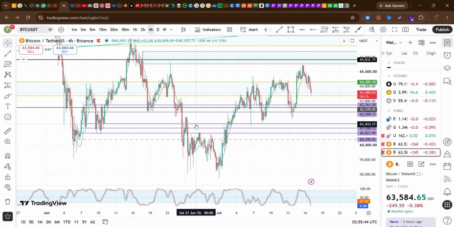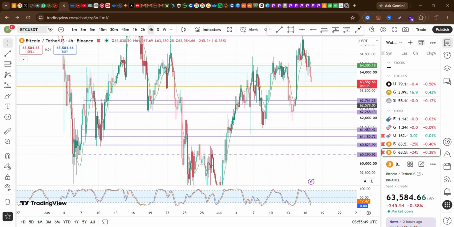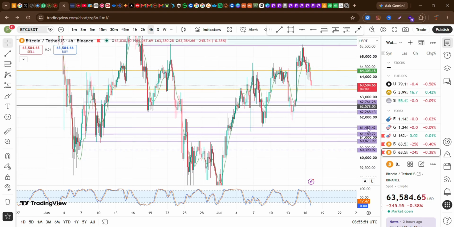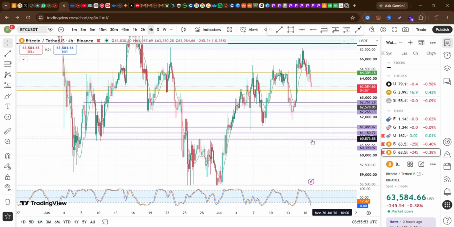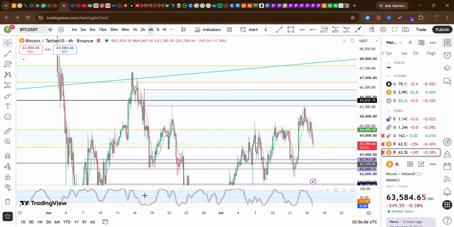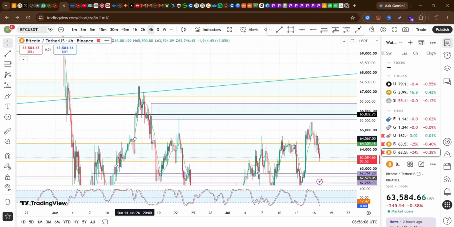One of the reasons why I can't use the rectangle to draw is because the gap between these support and resistance are probably too tiny. They are too close. They have close proximity. So that is one reason. But there's a difference between this line and, let me see,